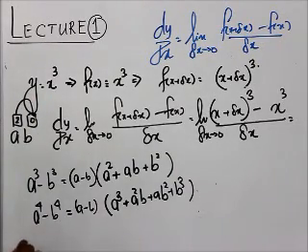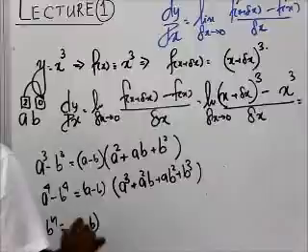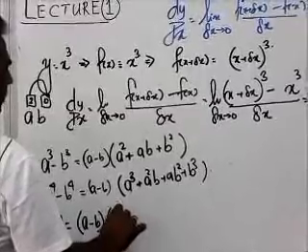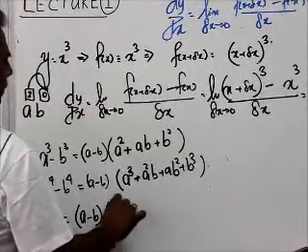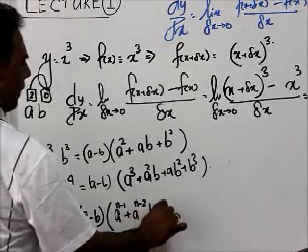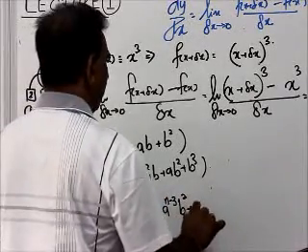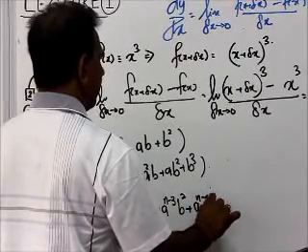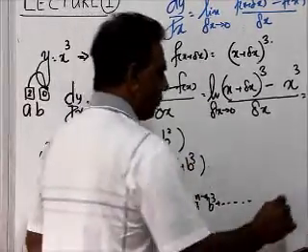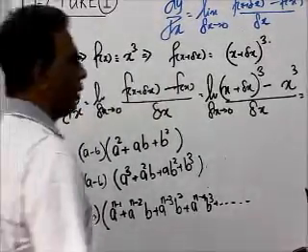So for example, a to the power n minus b to the power n. Then a minus b, first you have to write a minus b. This is degree n, you already took degree 1, so you start with a to the power n minus 1, plus, taking 1 from here, a to the power n minus 2 into b, plus a to the power n minus 3 into b squared, plus a to the power n minus 4 b cubed, plus dot dot dot. The last term is b to the power n minus 1. Why? Because b already took degree 1, so b to the power n minus 1.